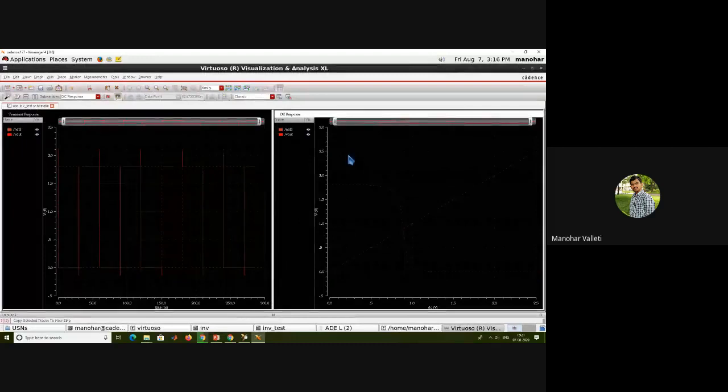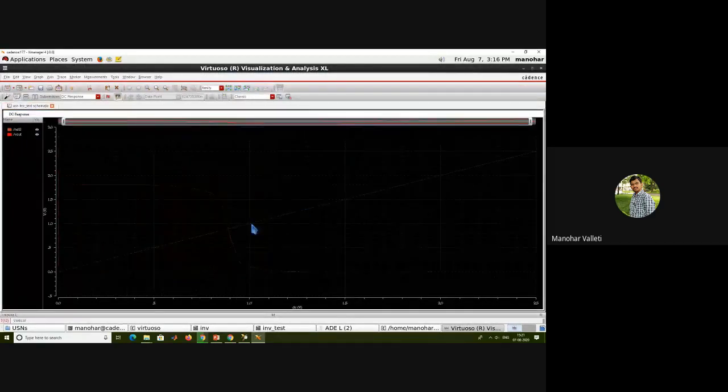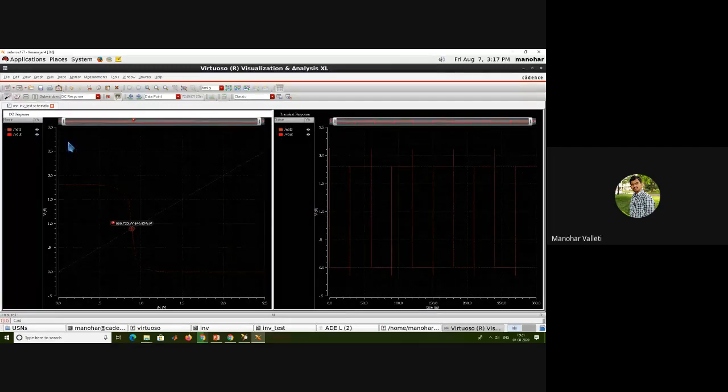Maximize it using the cards. Particular window you maximize it. Put the cursor here. Press A from the keyboard. You see almost near to 900 millivolts. So 879 millivolts and 896 millivolts. Almost near to 900 millivolts you got, right? You need to get the output 900 millivolts. You are getting 896 millivolts as the output. So almost I am getting fine. So your design is correct.